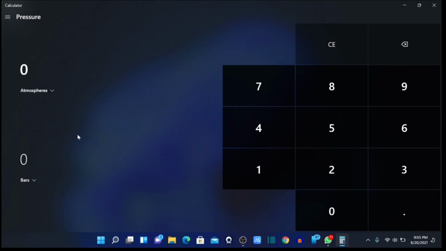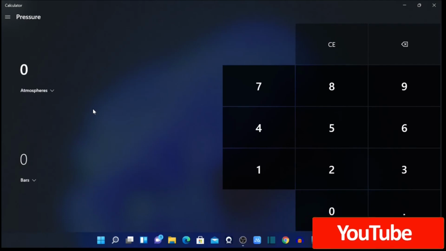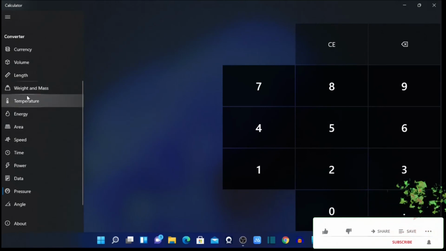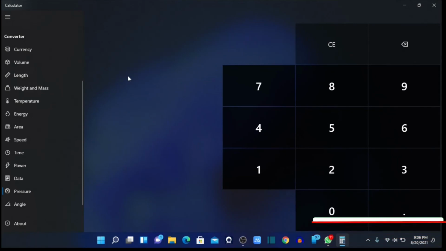So guys, don't go and buy a calculator. This is the calculator that you wanted. This is what you really want. You don't need to go to Google and search for currency converter, search for temperature, search for weight and mass, and search for length and volume. No. This time round, Windows has the best calculator in it. So make good use of the calculator that you are given, and I believe this calculator will be the best, of course, for you in your calculation.